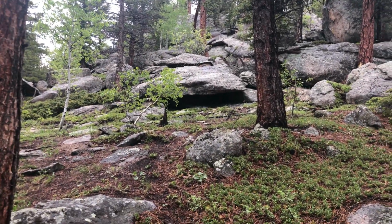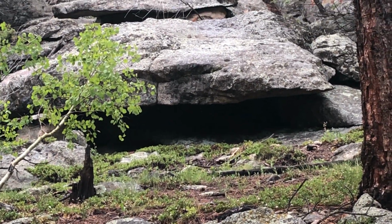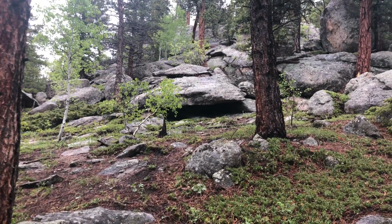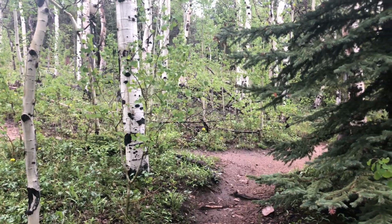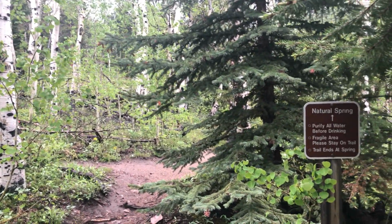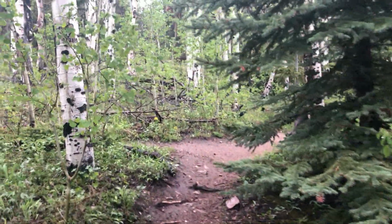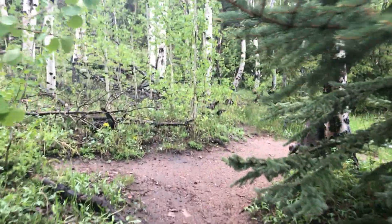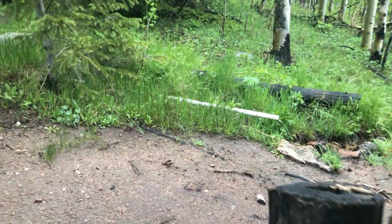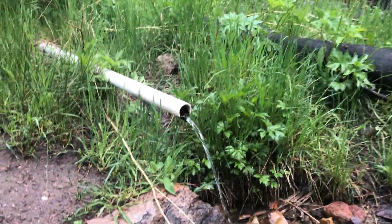I'm expecting to get some weather tonight. If it gets too bad. Looks like a great place to sleep. Might be up there with the bobcats and the bears, but keep me dry. One of the cool things up here, I'm not too far from this, a natural spring. I can hear it. Look at this. If I run out of water,